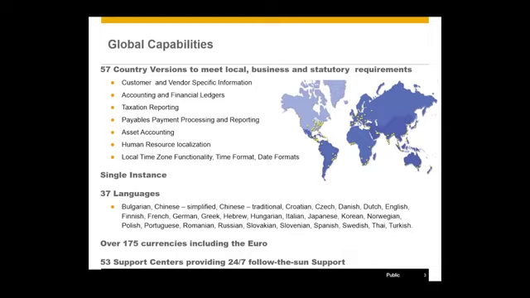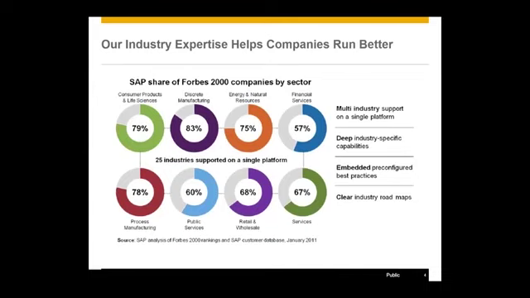Coming back to the industry expertise, I think SAP is well known for two things. One is nobody can integrate like us, and second, we talk industries. At some point of time, we claimed the hall of fame that we know industries better than the industries themselves. The slide depicts the kind of market share we dominate. To be precise, if I talk about life science and process manufacturing industries, we have close to 80% of the market share that we have been delivering for the last 35, 40 years.